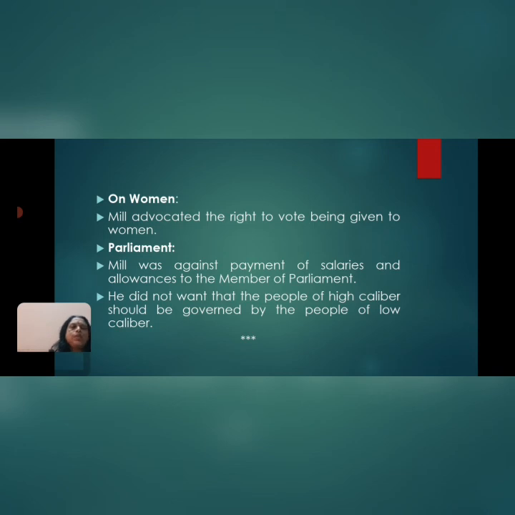So his ideas on women: he advocated the right to vote being given to women. Mill's case for women's equality reflects his utilitarian roots. He argues that the subordination of women is not only wrong in itself, but one of the chief hindrances to human improvement. According to him, men are typically superior to women in physical strength, which leads to the presumption that men are superior to women in all areas,